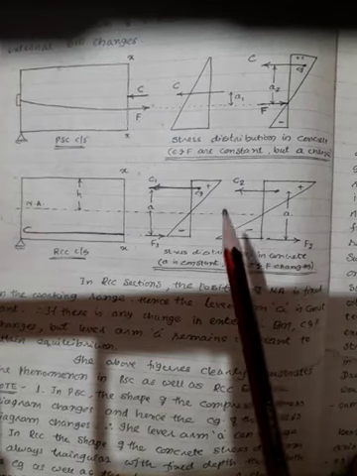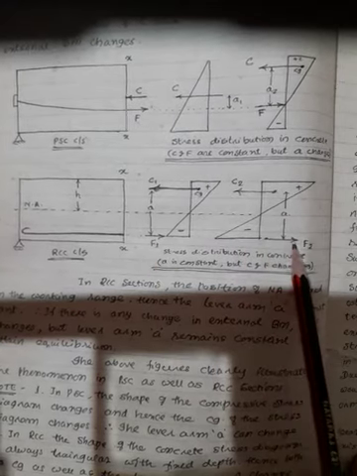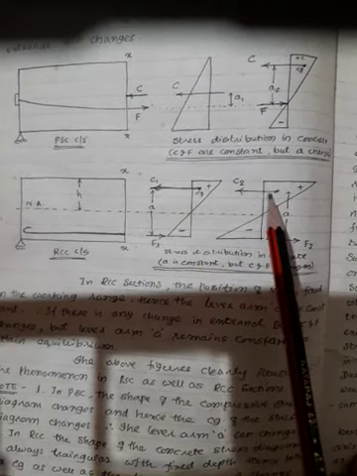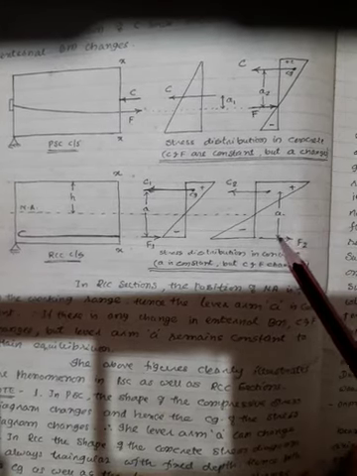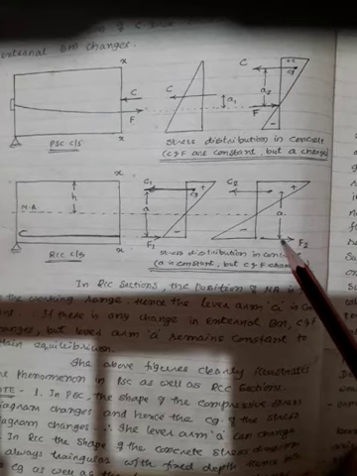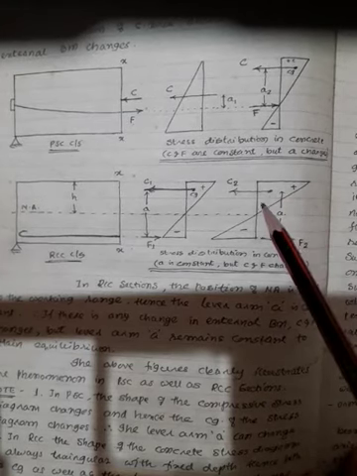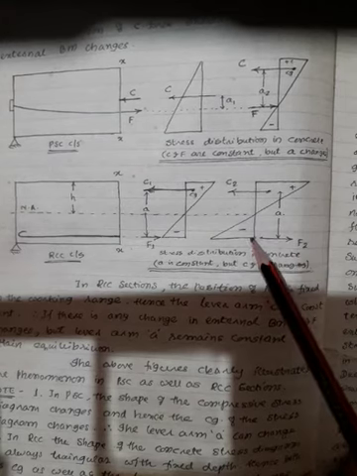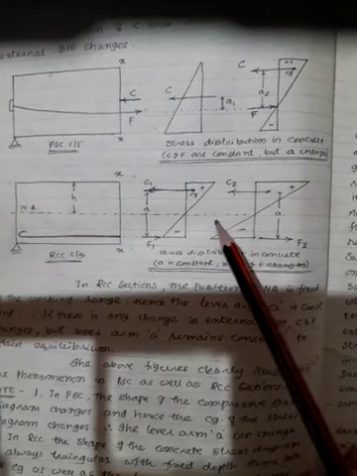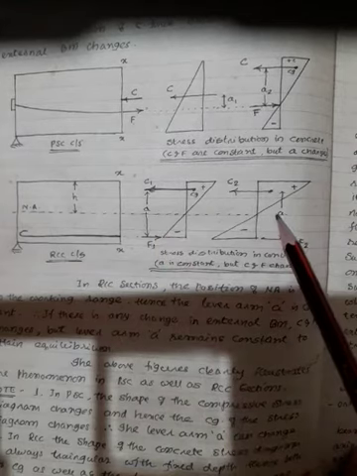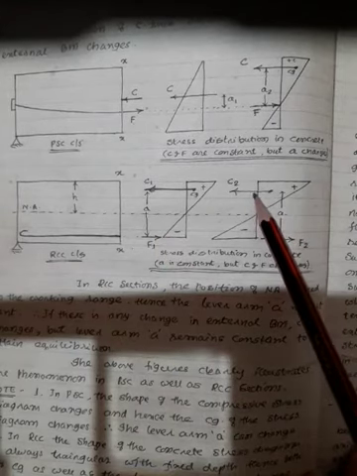So now the moment of resistance is increased because F1 has changed to F2 and C1 has changed to C2. In case of your RCC, please try to understand, your lever arm is not going to change. Your lever arm will remain the same, whereas C2 will change and F2 will change depending upon the load that is going to act on the beam. This is how in case of your RCC section the loads are going to be carried.